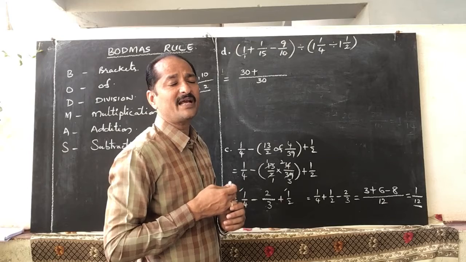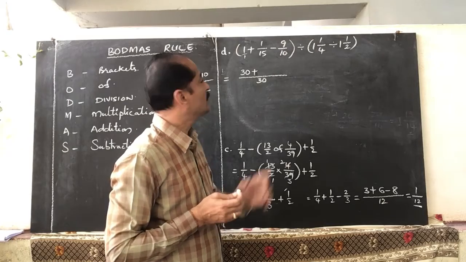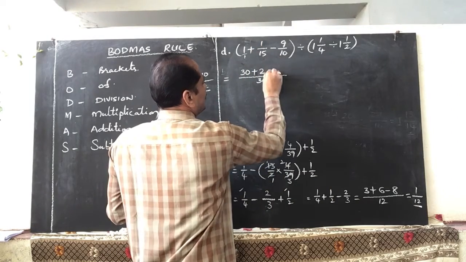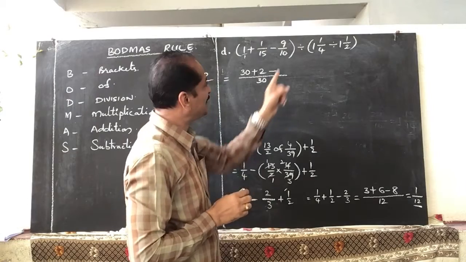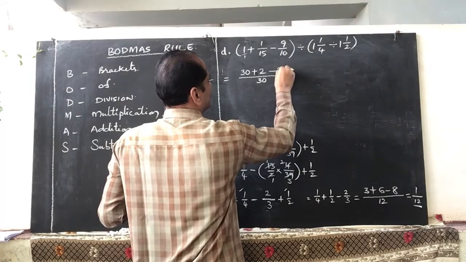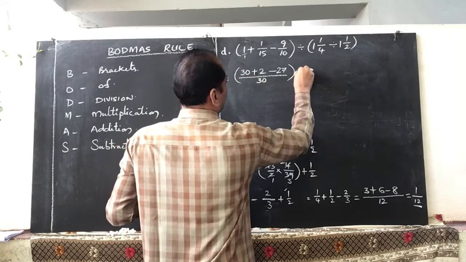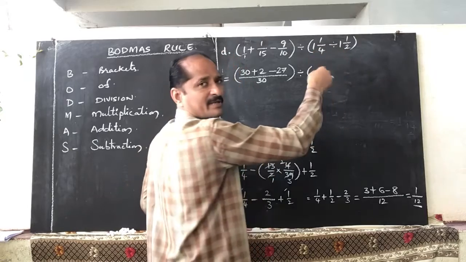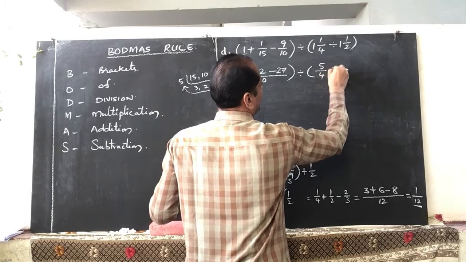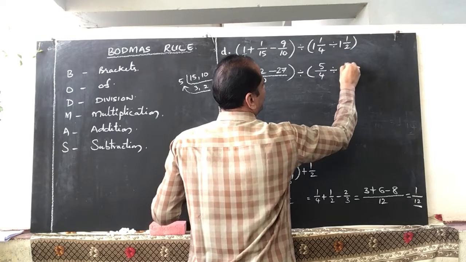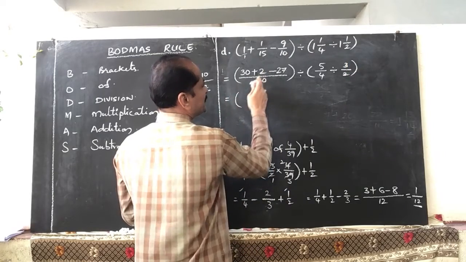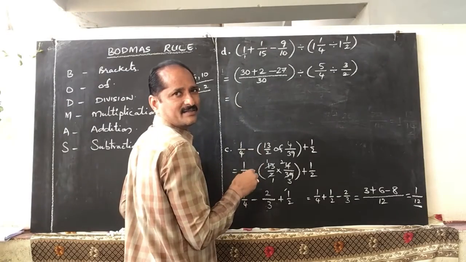If you are multiplying numerator and denominator with 2, so 15 twos are 30, 1 two is 2. So 2 minus, when 10 becomes 30, that means this also we are converting to 30. So 10 threes are 30, 9 threes are 27. Like this, divided by, and convert these mixed numerals into improper fractions first. 4 1 is 4, plus 1, 5 by 4, divided by 2 1 is 2, plus 1, 3 by 2. Now observe carefully. The sum 30 plus 2, 32, 32 minus 27 is equal to 5.